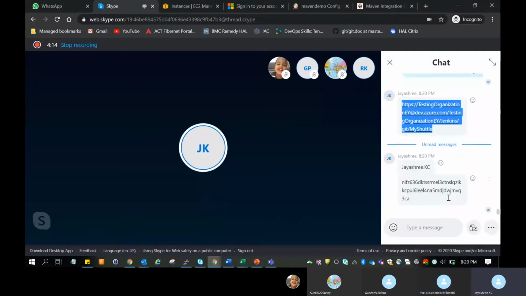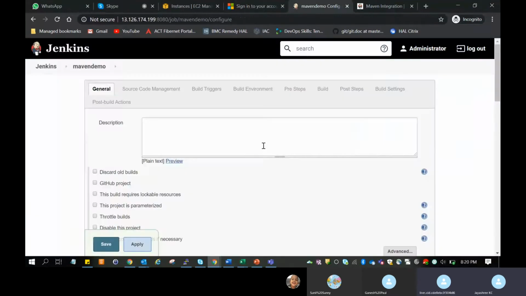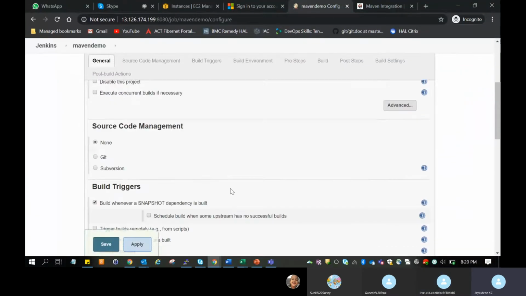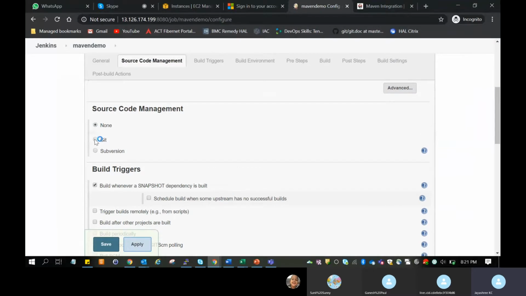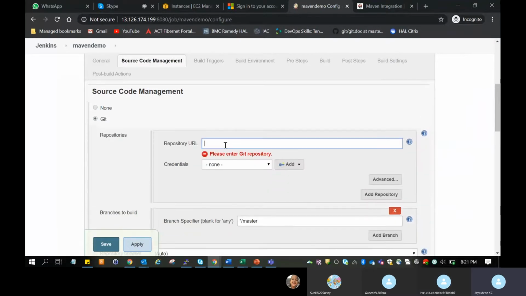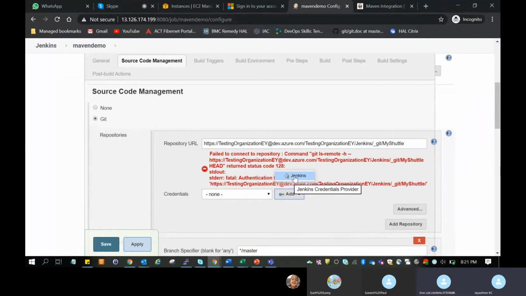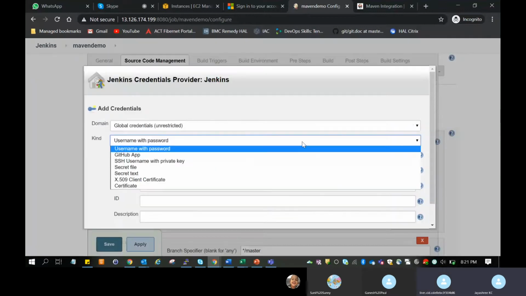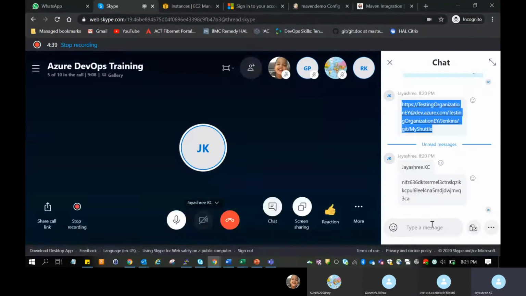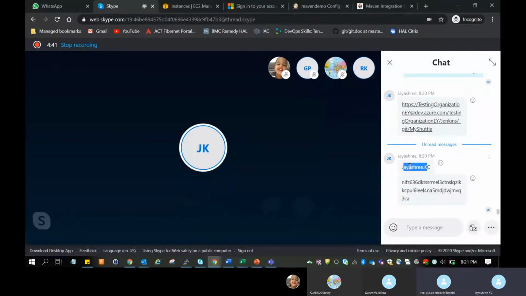That is the username and password. Okay. Yeah. Go back to Jenkins. Come down. After General, you see Source Code Management. Yes. Click on Git. Yeah. Give the repository URL. Yes. Give the credentials. Add. Go ahead and give username and password only.